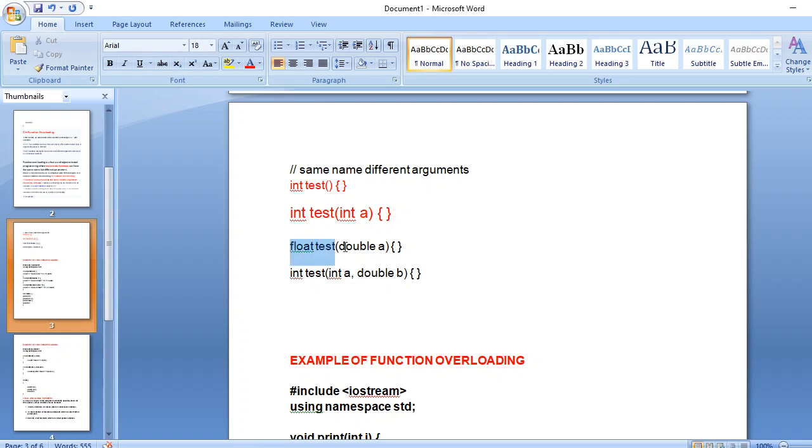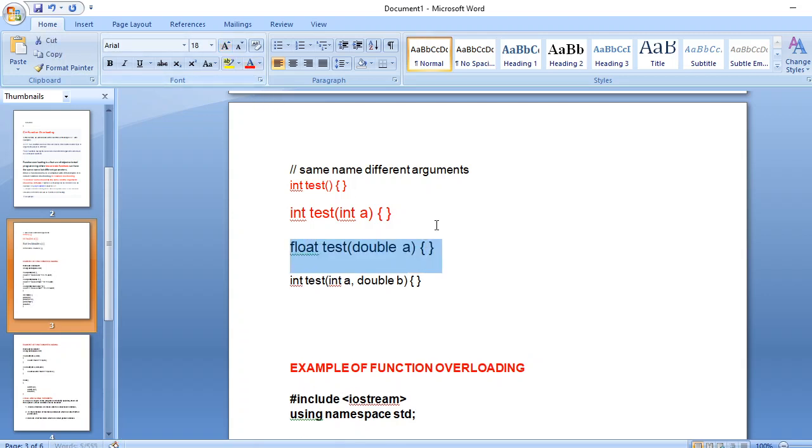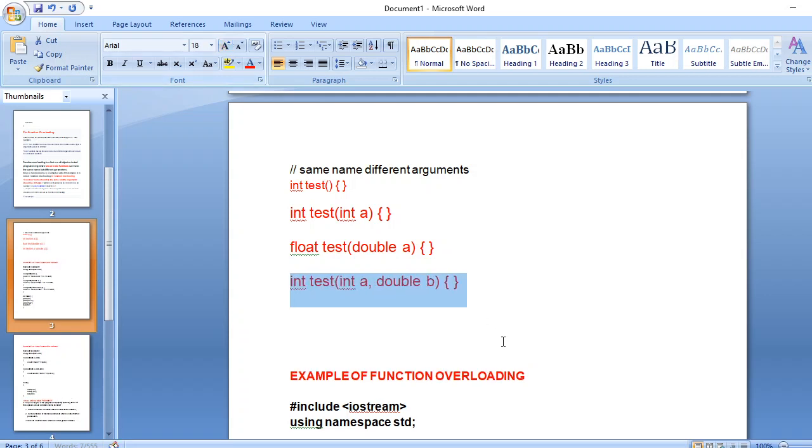In the third one, you have a different parameter, double a, that you have passed, and in the fourth one you have passed int a and double b as the parameters. Now you can see that